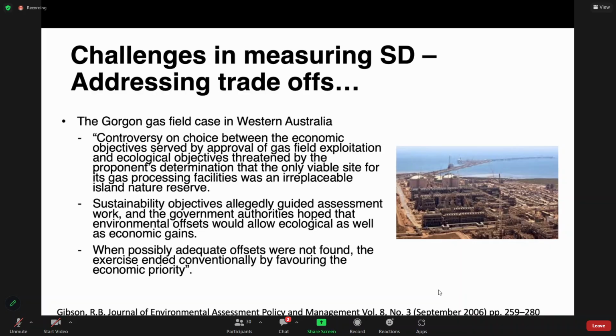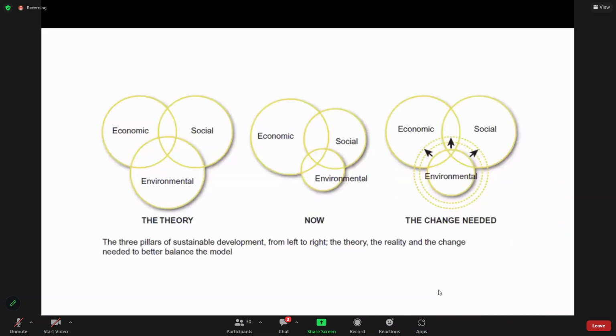The environmental and social aspects are not given as much importance as the economic priorities in the world today when it comes to actual ground level decision making. Even though the theory is that we need equal attention given to economic, social, and environmental aspects,